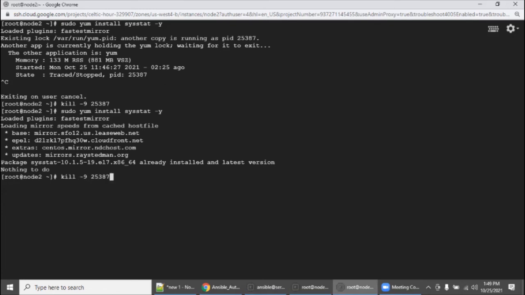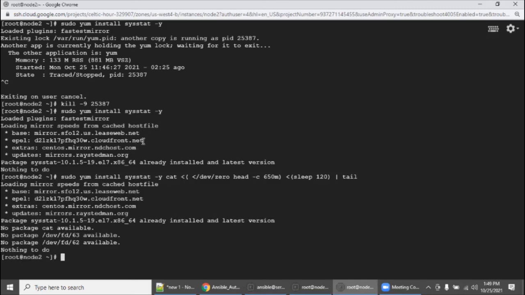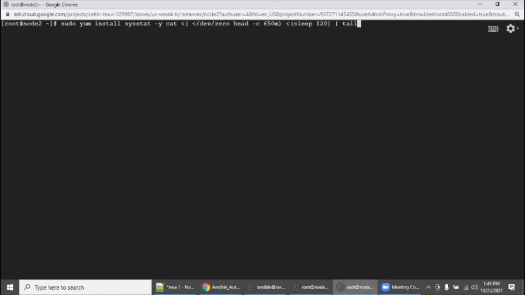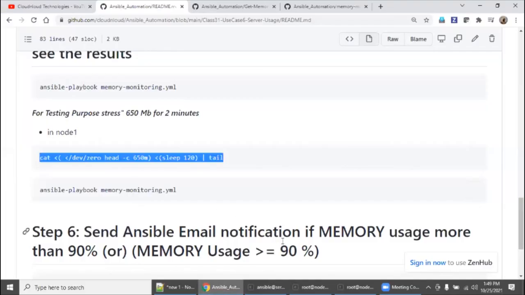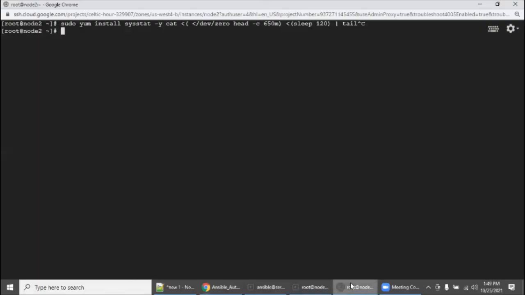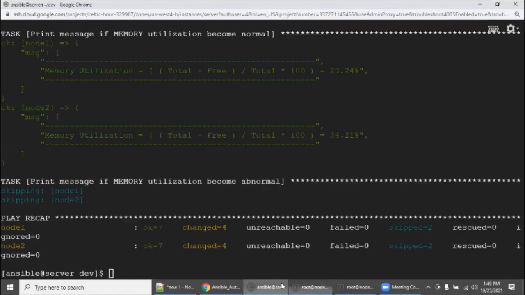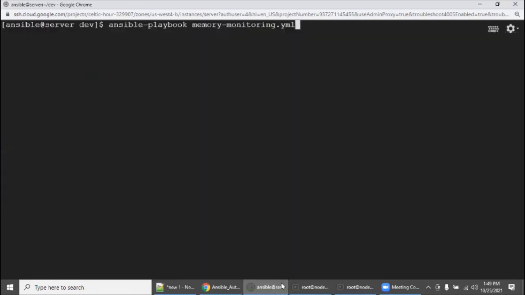So now I'm going to execute the command again. Okay. So there is a typo mistake. So let's go with the cat command. Okay. So now we are going to execute it.